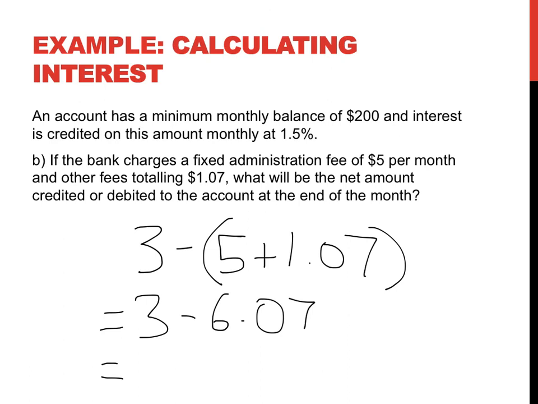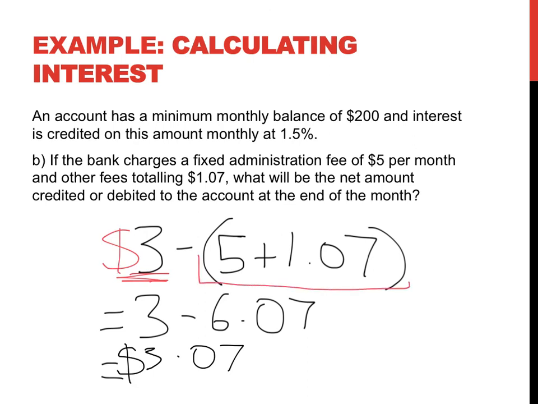I'm going to end up with a negative amount of $3.07. So even though I've been paid interest, and that's super exciting, of $3, all these other fees always come into play, and I am going to lose $6.07, which means I'm actually, I didn't put a negative in there. I'm actually in debt on that account as it stands by negative $3.07. Okay, so there's some interesting things to pick up, guys, both the interest charge and the money debited for fees and things like that.